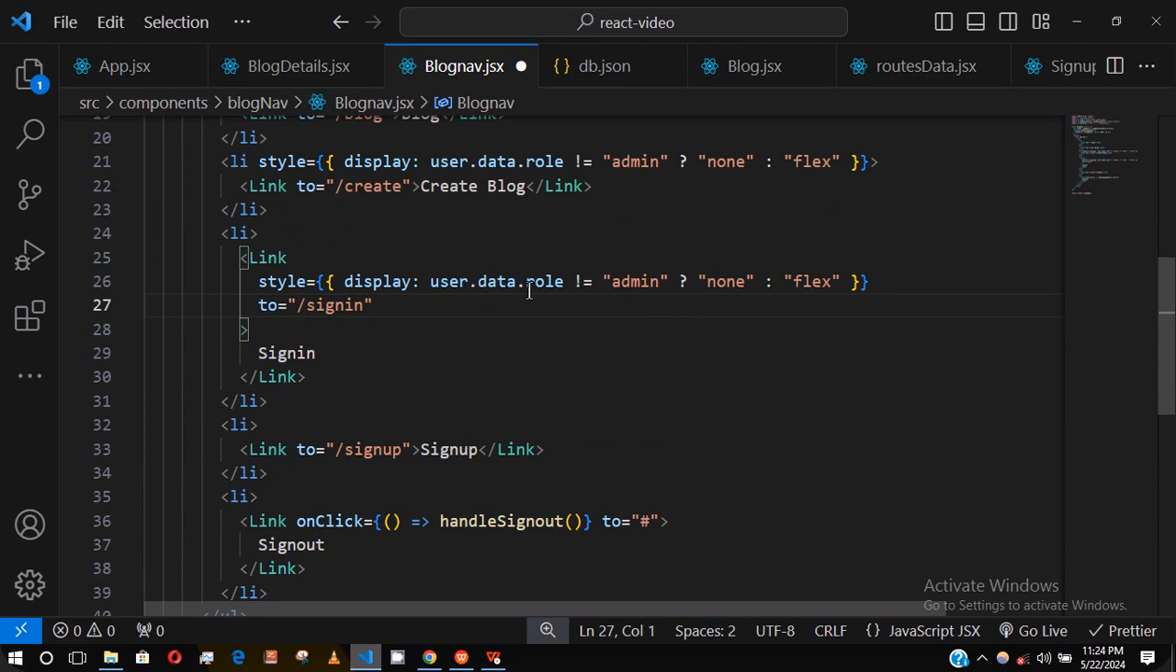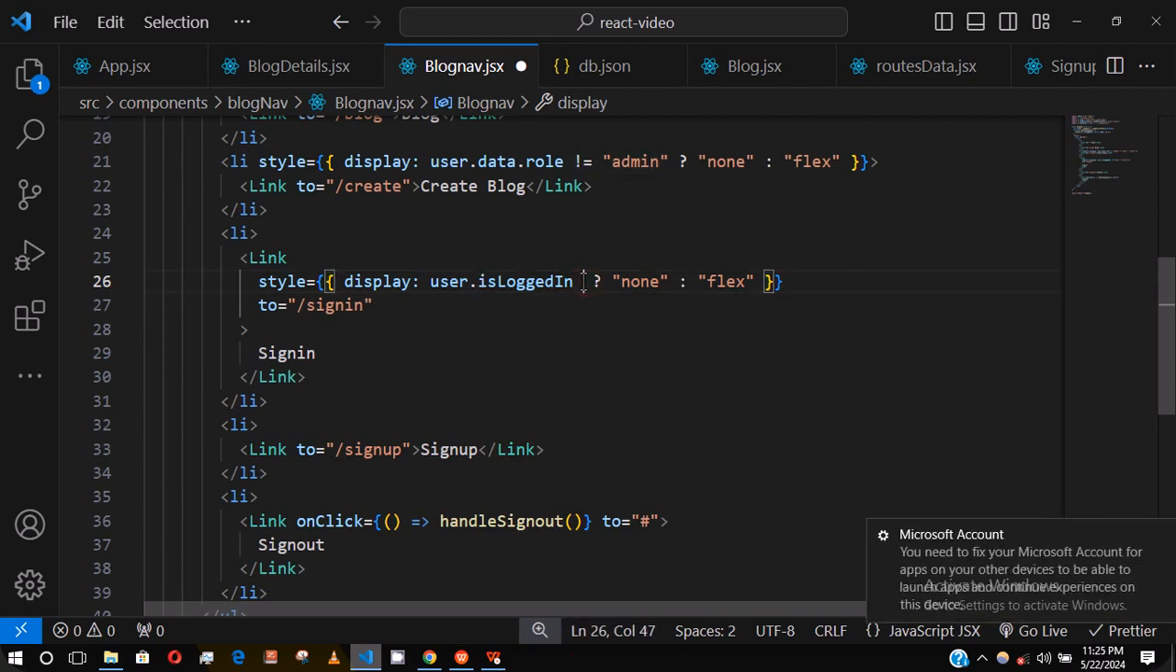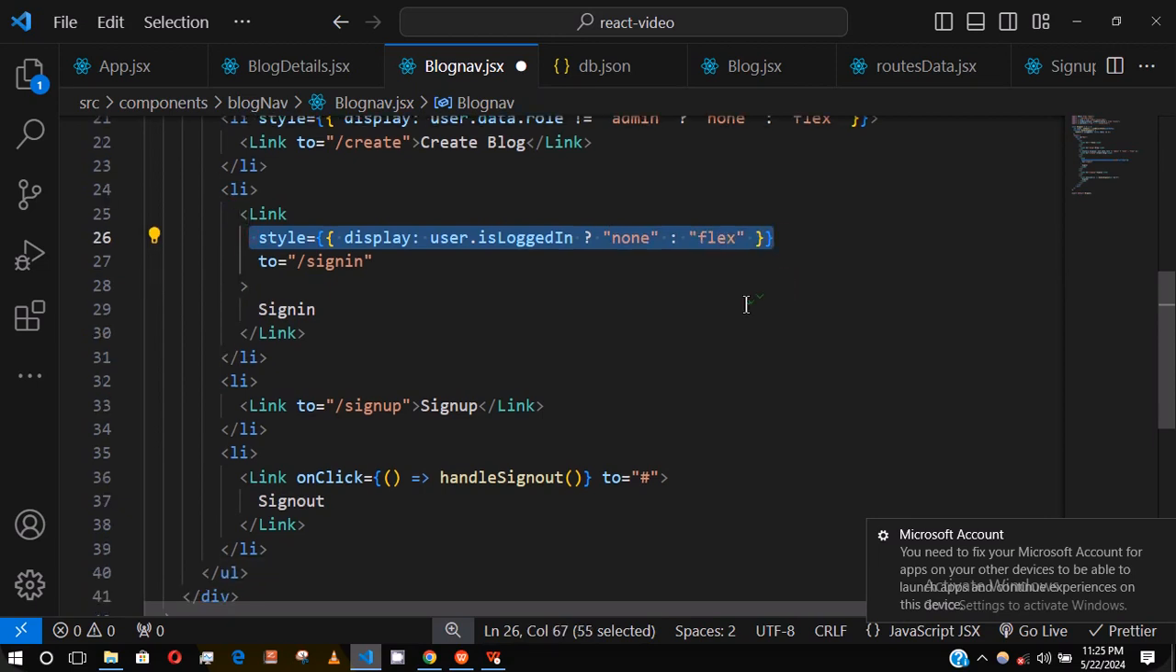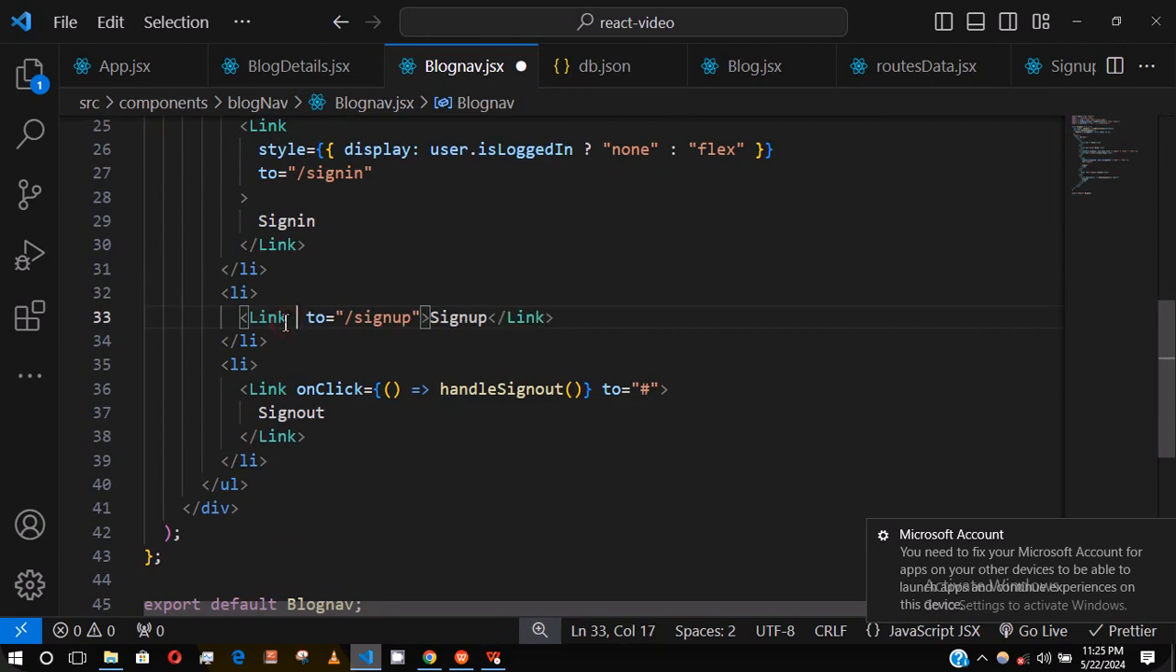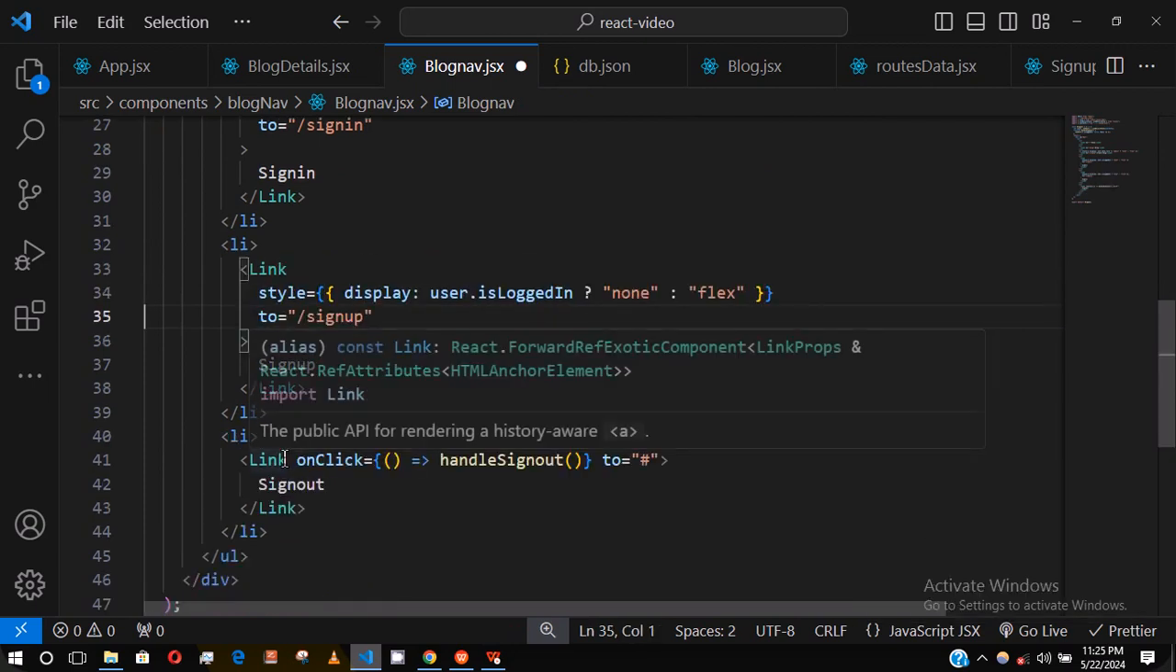so if the user dot is logged in is true, if it's true, we don't want to be showing is login. So the is login is going to be what? Going to be false. But if the person is not logged in, it's going to show that. So let's just copy all of this again and put in the sign up. So the same thing is for the sign up, but in